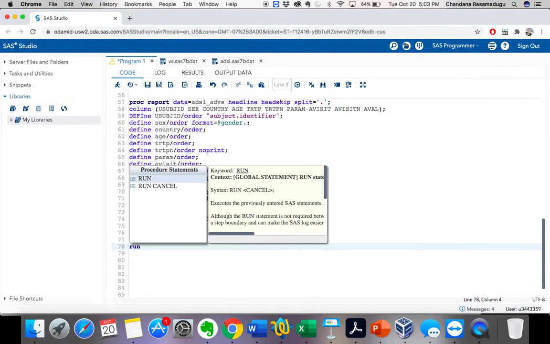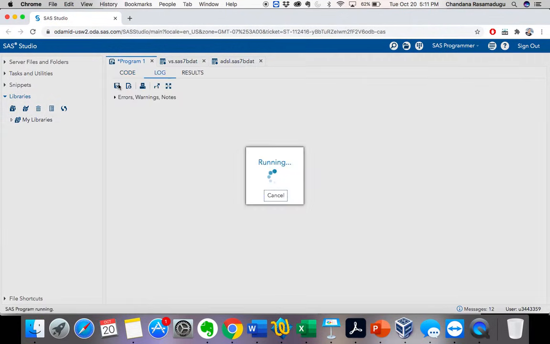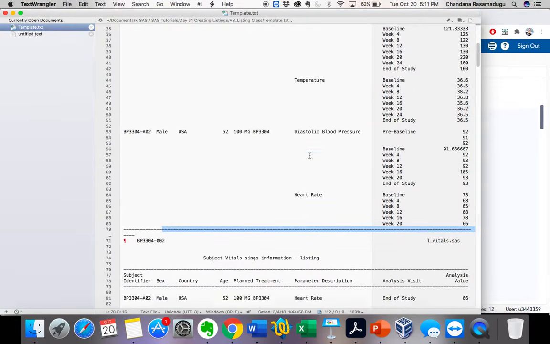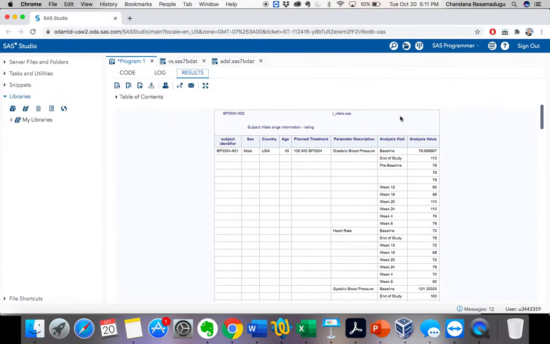Now run. Okay, let's execute this and see. See, now it created the report that I wanted. But now let's cross check with the mock shell. See now where it is starting my first. Let's check from the first line. Okay, so here I have this one on this end, and I have this value on this end, but in my end value, I got it somewhere over here.